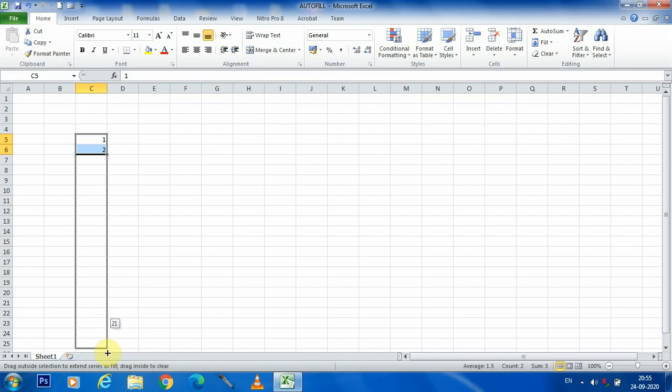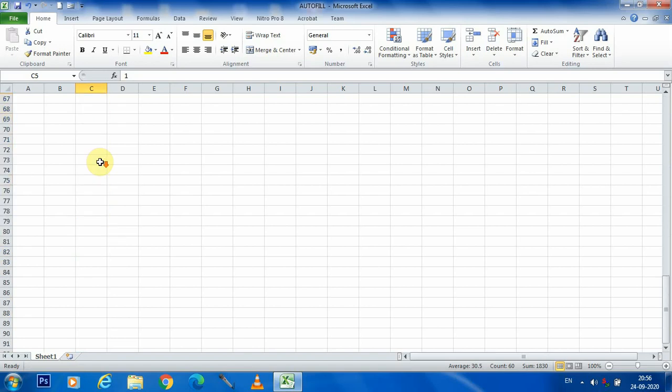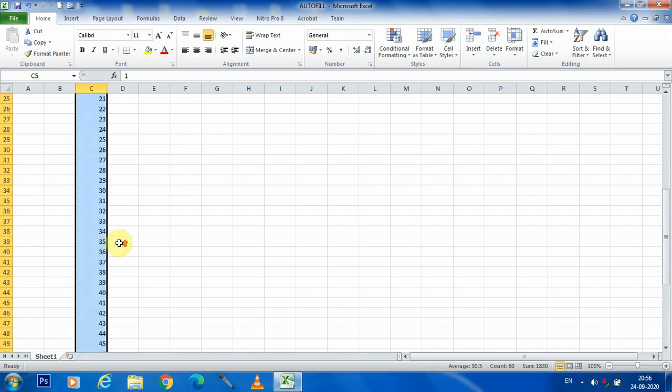You can see this is showing here. I am increasing this one. I am leaving this one. Now you can see here from 1 to 60 it is automatically filled by the autofill feature.